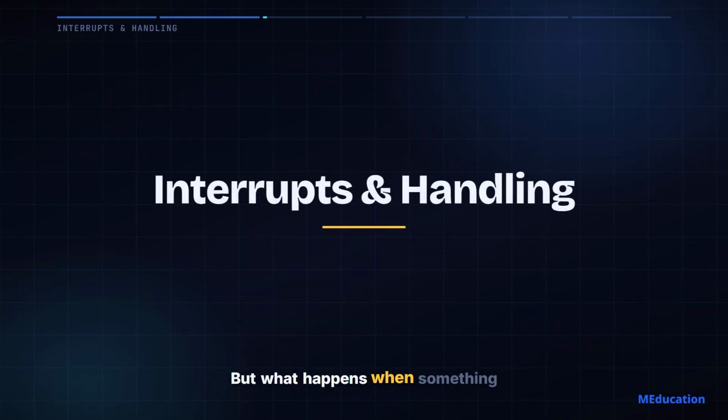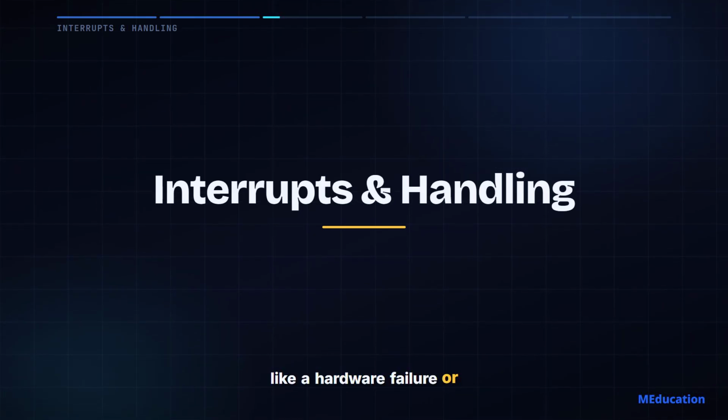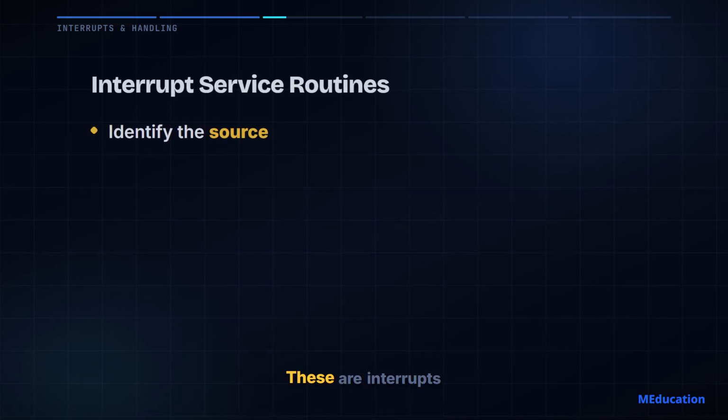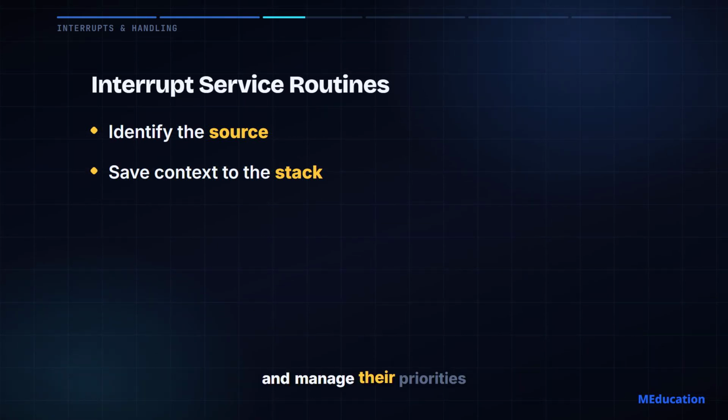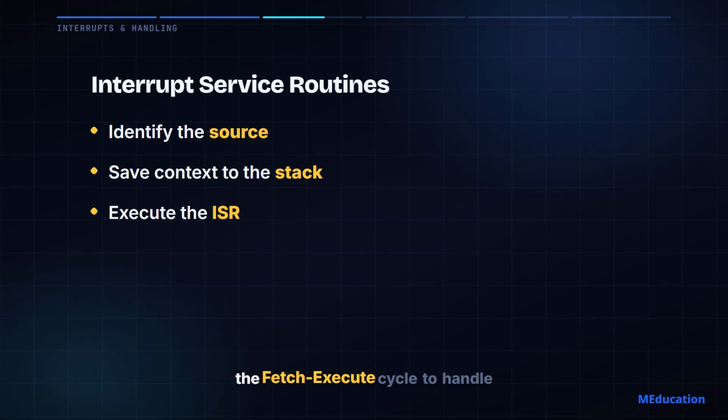But what happens when something unpredictable and urgent occurs, like a hardware failure or a division by zero? These are interrupts. You will learn to categorize hardware and software interrupt sources and manage their priorities. More importantly, you will trace the exact sequence the processor takes during the fetch-execute cycle to handle them, pausing the